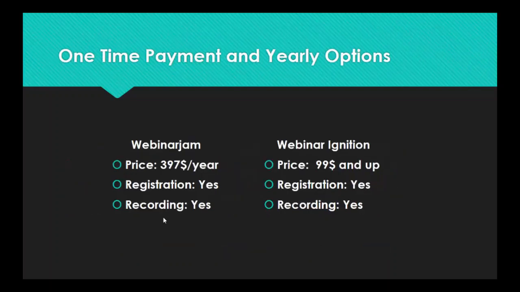Now I wanted to show you that there are other possibilities too. For paid platforms, you have one-time payment. That means you only pay once when you access the service, and then you can use it forever. And you have yearly options, platforms where you pay a yearly fee. Obviously, from a financial standpoint, if you take a whole year, these platforms are more advantageous, and they have more benefits.